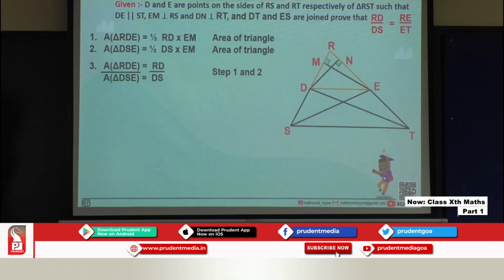So my base is RE and height is DN, right? So for the triangle, the topmost point to the perpendicular base. So area of triangle RDE will be given by half RE into DN. Let us take, for the fifth step, we will consider this triangle, that is